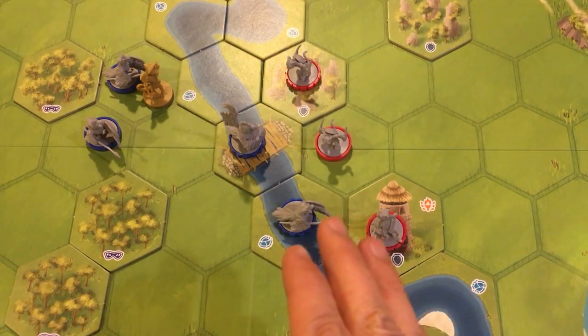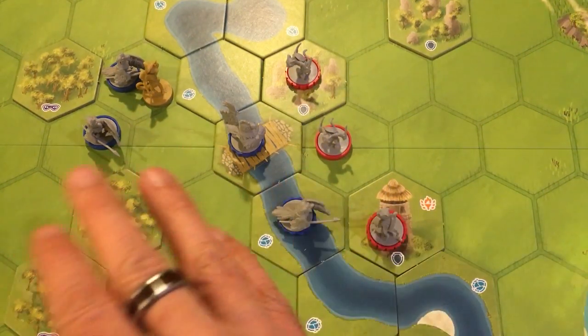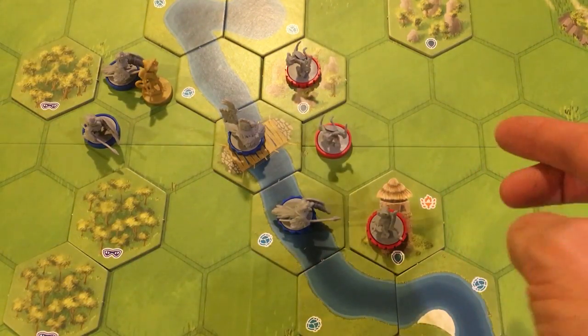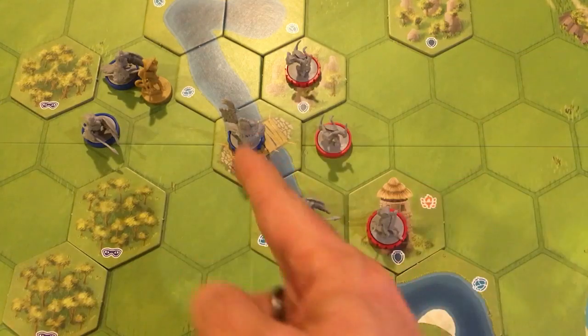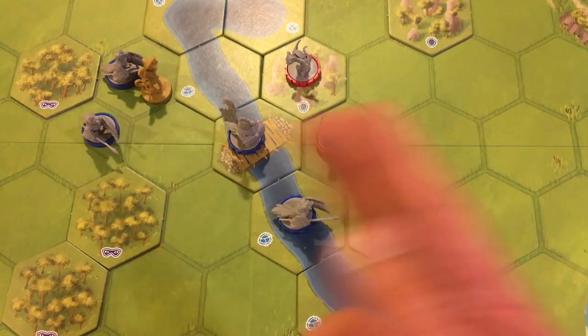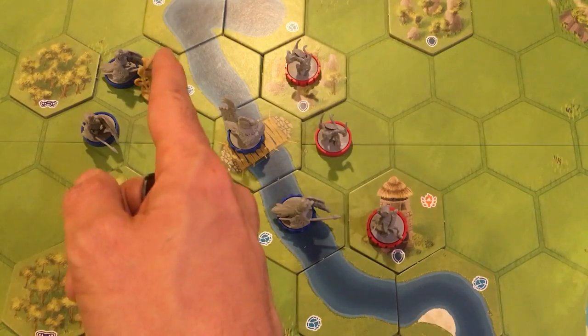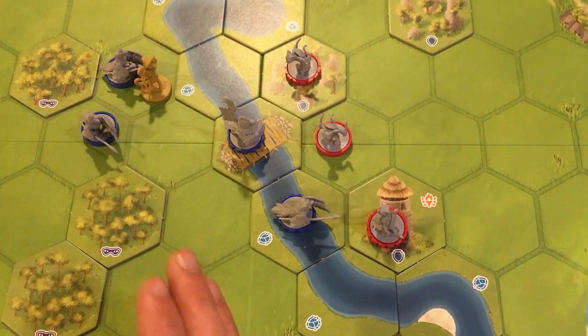Okay, so looking at the board, I want to make sure that these blue guys aren't going to do some devastating strike on the Ocelots. I'm not as worried about the Ocelots shooting back at them because they won't be able to defeat the commander in one go, and they probably won't be able to defeat that spearman either. So with this turn, I'm going to focus on trying to make sure the blue guys don't do anything too